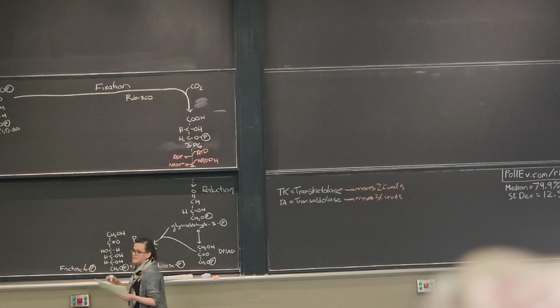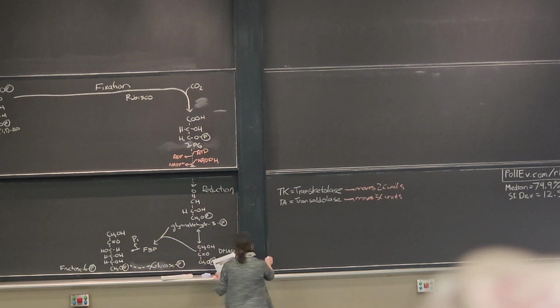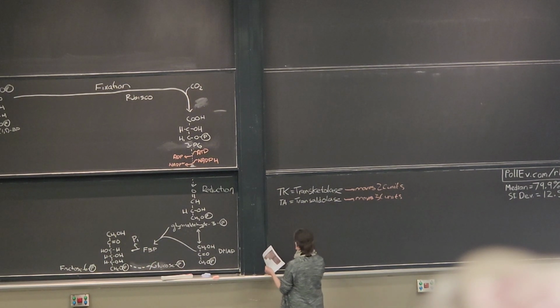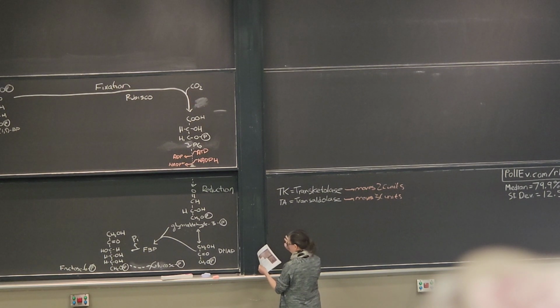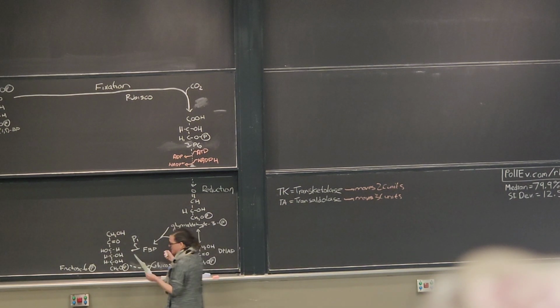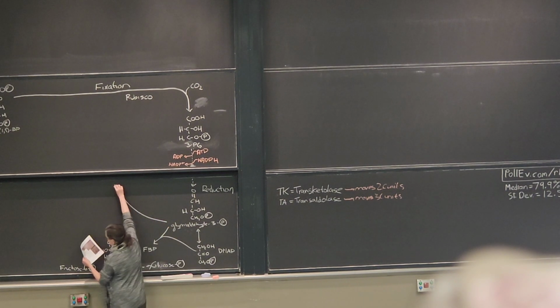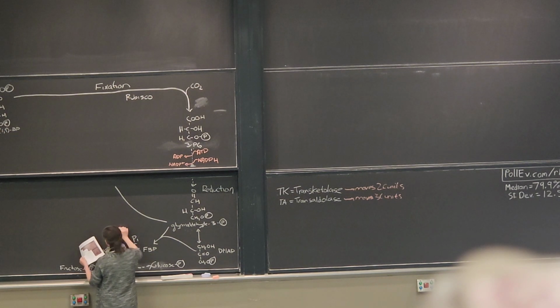Okay, like I said, this is a 3-carbon transaction, sorry, it's a 2-carbon transaction. Yeah, a 2-carbon transaction. So it's going to be catalyzed by transketolase. Okay. So if we take glyceraldehyde 3-phosphate and we run a transketolase reaction with fructose 6-phosphate, okay,